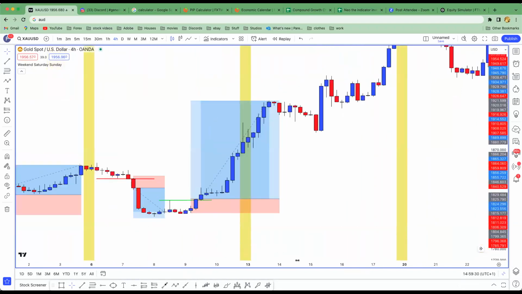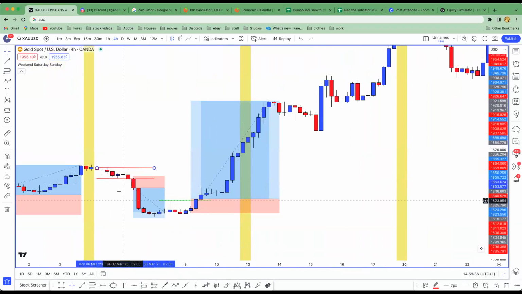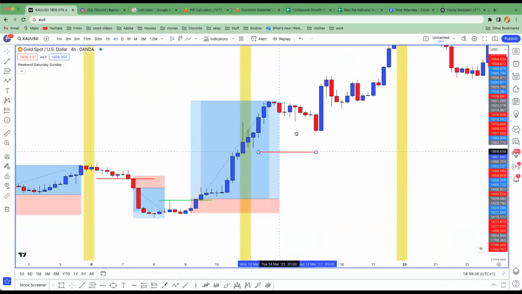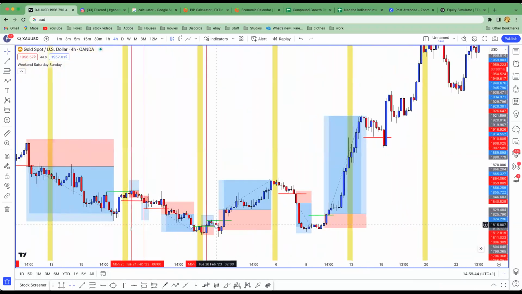So you can see what I'm doing from this is nothing crazy. It's not rocket science. It's literally so simple. And you're seeing every single week how many breaks of structure there are. So we're seeing anything between 2 to 4 4-hour shifts in the market. Think of it like cogs being made. So you're going to see something like this